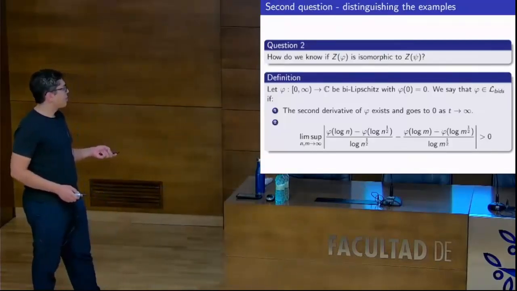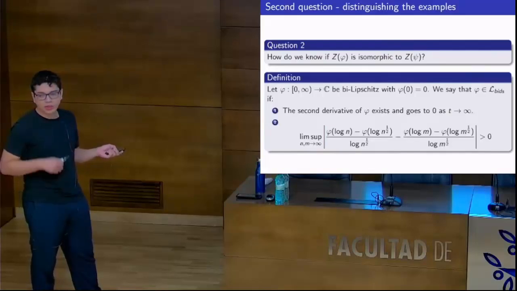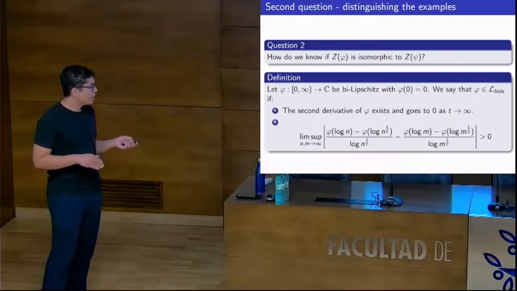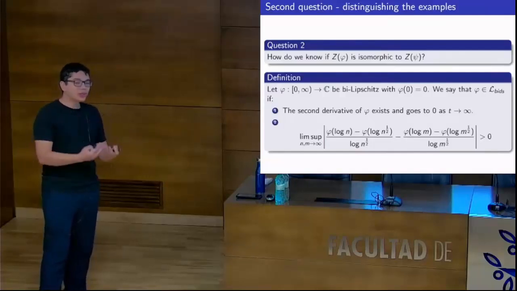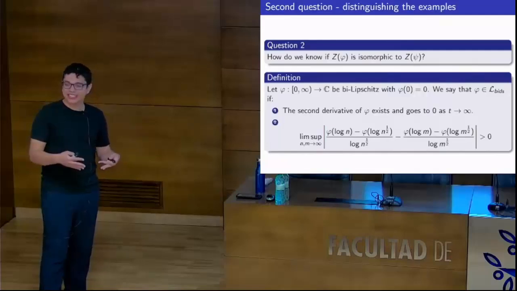So your map must be bi-Lipschitz. And they say that phi lies in these L-bits if the second derivative exists and goes to 0 as t goes to infinity. And we have this property here. That's a technical one. There is no escape, because when you go to Kalton's proof, the idea is beautiful, but unfortunately, it's buried in a mountain of calculations that you have to understand. So